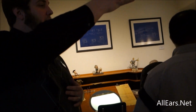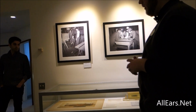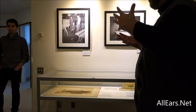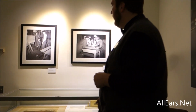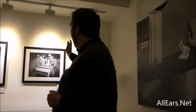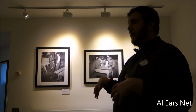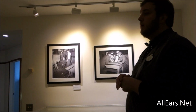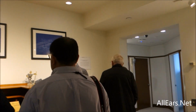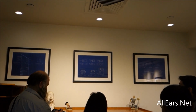The first place I'll draw your attention to is over here with the photographs and the document case. These highlight Weber's work specifically. You see an example of one of the watercolor renderings he did for the studio. Examples of documentation, a clock he designed before coming to Disney. The photographs up on the wall highlight Walt and Weber talking about and showcasing the furniture that would be created here for Disney, all of our animation furniture. Along the back wall behind most of you, you'll see some examples of those Weber designed pieces. The blueprints hanging on the wall show most of the suite of furniture that Weber had a hand in designing